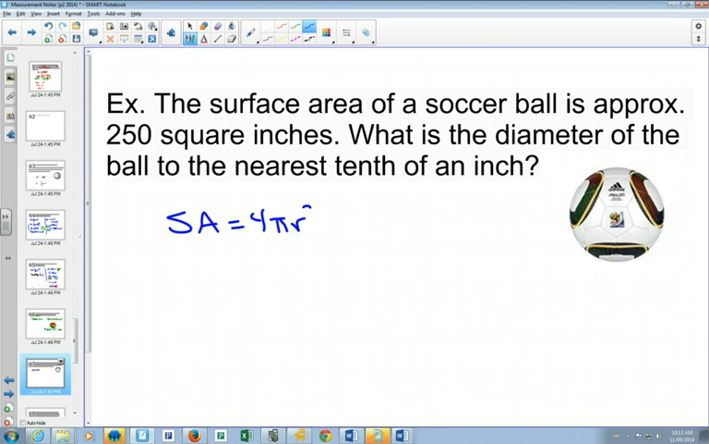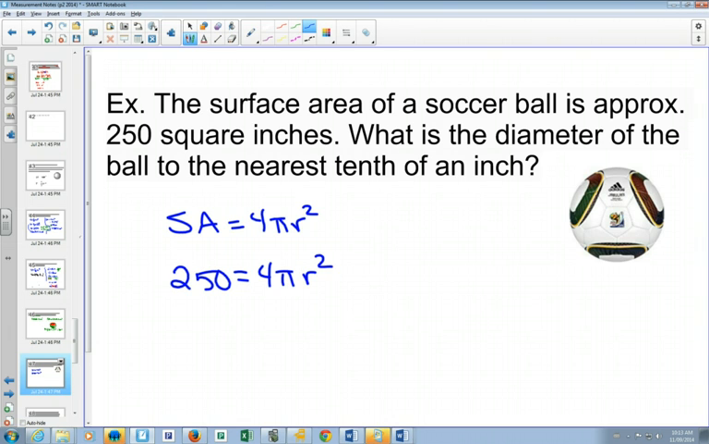As you get into physics, sometimes you're going to have like 3 or 4 different formulas, so you have to choose which one you want to use in different cases. We only have one formula for surface area of a sphere. And I know that the surface area is 250. So if I put 250 in,